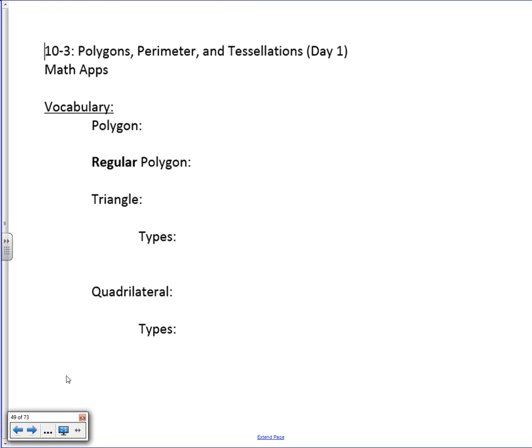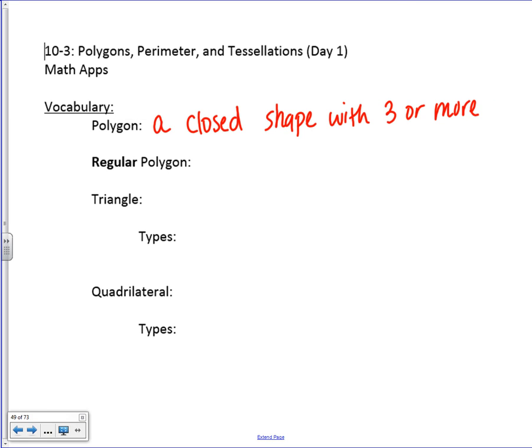So here we go, vocabulary. A polygon. Polygon is just a fancy word for a shape. Here is the formal definition. Please notice that it says 3 or more sides. Obviously, you can't have a shape with any less than 3 sides. Notice in the next vocabulary word, the word regular is highlighted. That is important. A regular polygon is a polygon